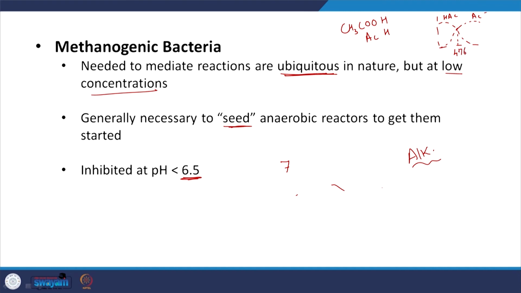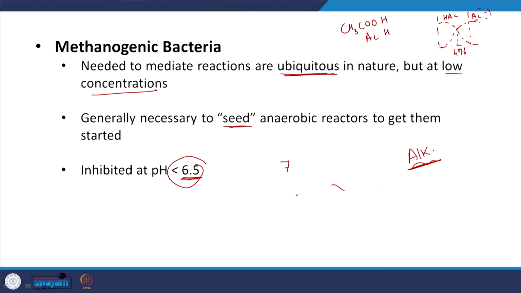So, at most pH values, pH 7 or 6, you see that Ac minus is going to predominate, as HAc gives out its H plus. So, pH will fall. If I do not have enough alkalinity in my solution to neutralize this H plus, then the pH will fall down. And if the pH falls, what is going to happen? The prima donnas, the methanogens, are going to be affected, and then the whole system is going to be affected. Why? The hydrogen is now not being consumed. If the hydrogen is not being consumed, the bacteria involved in acetogenesis or acidogenesis will not find that reaction favorable anymore. It is a knock-on effect.